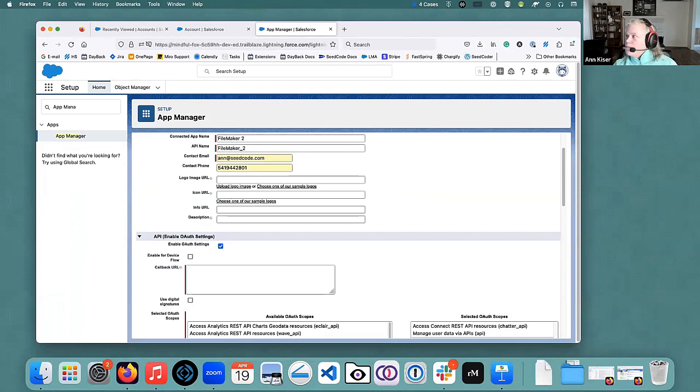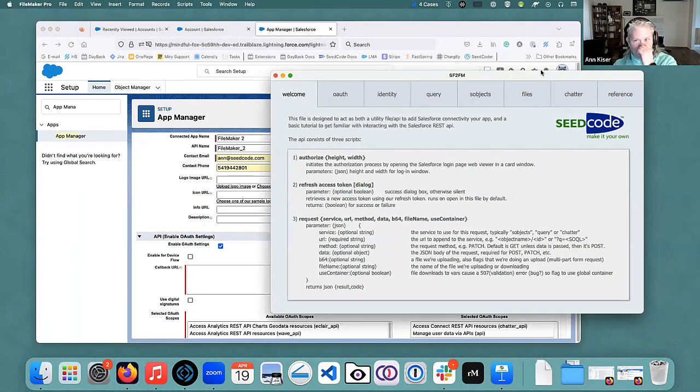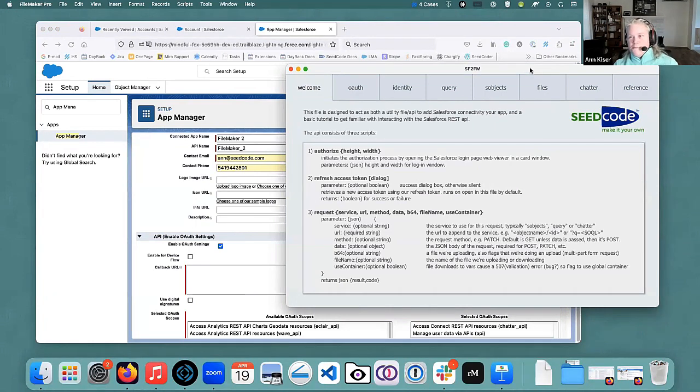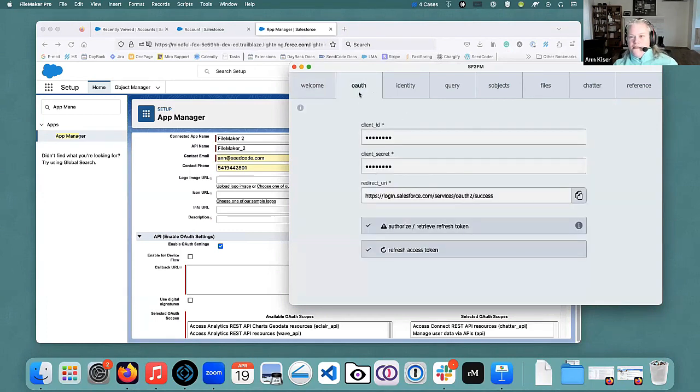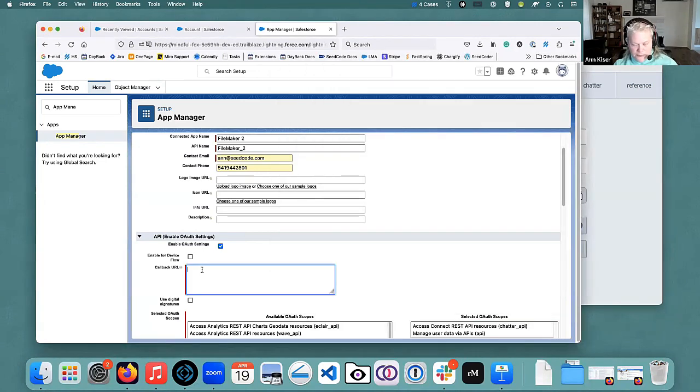And let me, at this point, go ahead and bring across the demo file that, again, we'll have available for everybody at the end of this. So here in the OAuth tab is where you would put your client ID and your client secret that is created from this process. And you're going to want to use this redirect URI, and basically you can just copy that